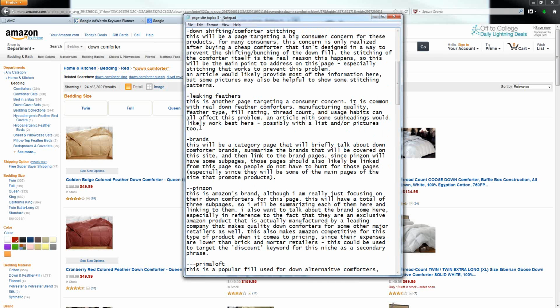But then on another page, on the Leaking Feathers page, for example, there are a lot of complaints about the Penzon comforters for leaking feathers, but Pacific Coast has received really great reviews in terms of them leaking considerably less feathers, or possibly even none at all, depending on how expensive of a comforter they have ended up buying. So